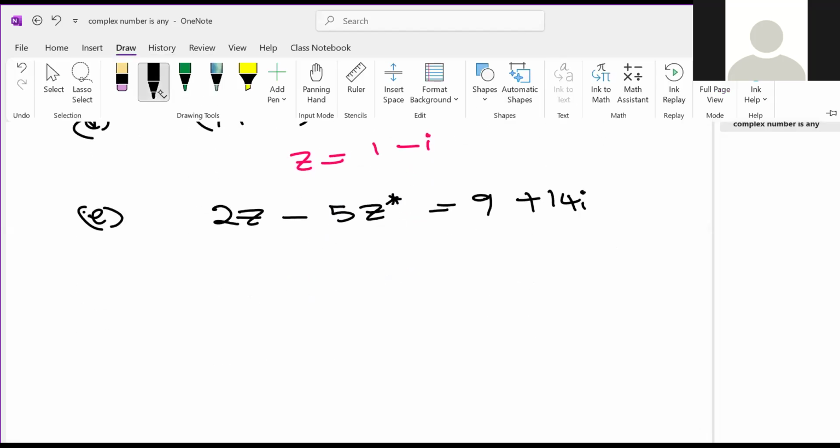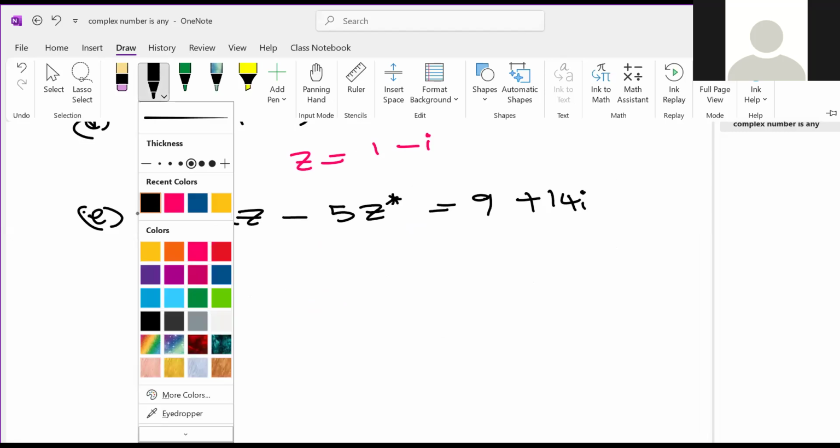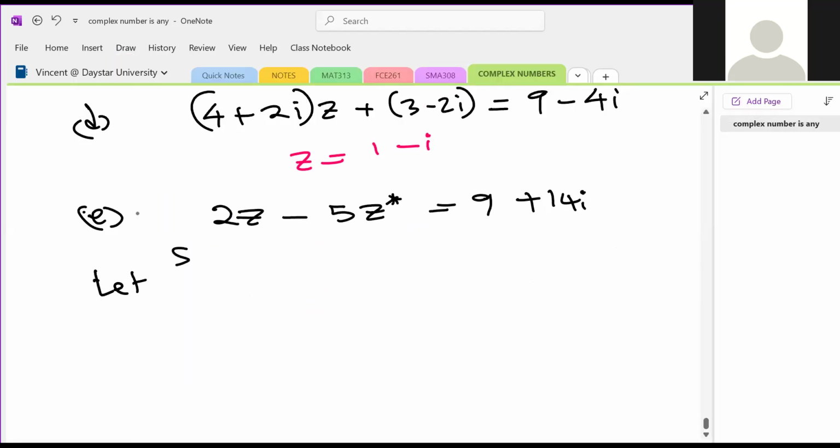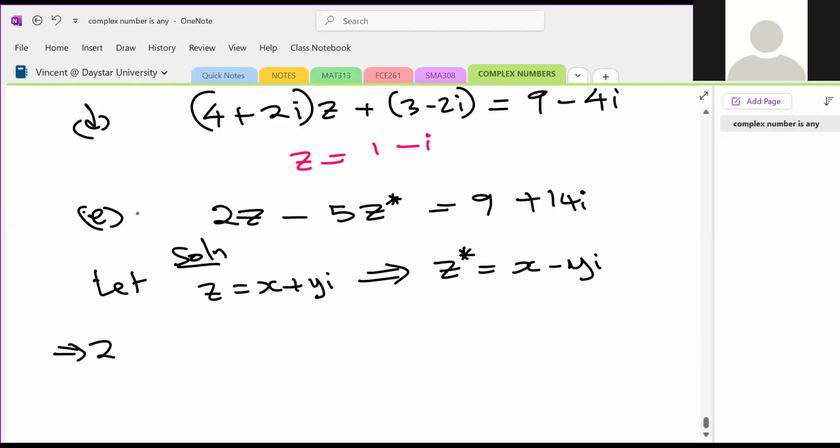So here we are going to say let z be x plus yi, which means z star is the same as x minus yi. The z star means conjugate of z. So then now 2z minus 5z star equals 9 plus 14i